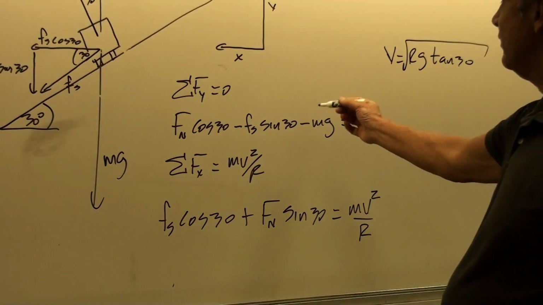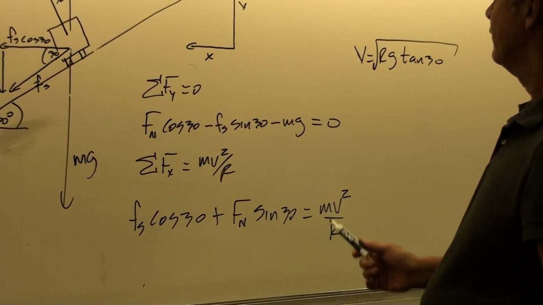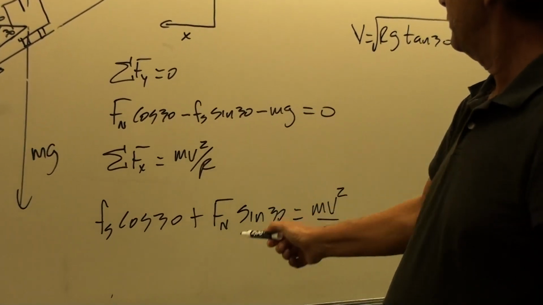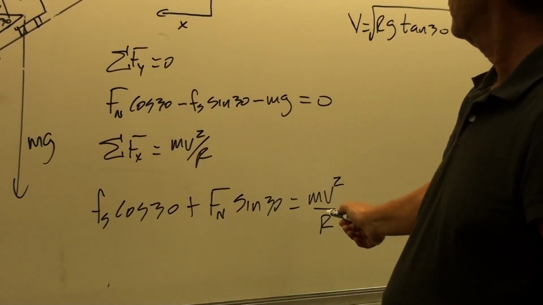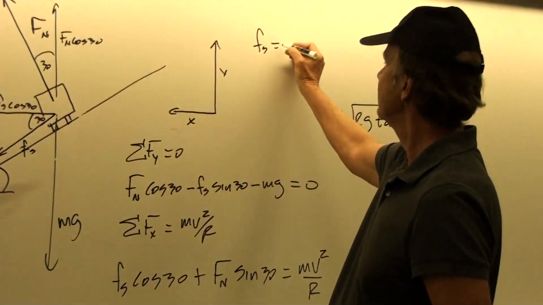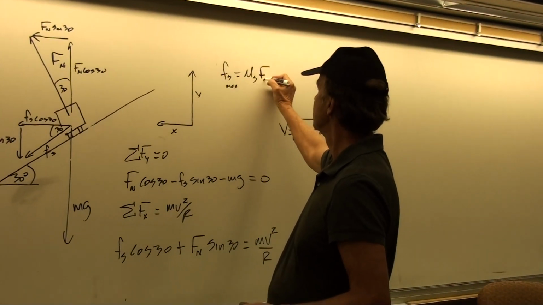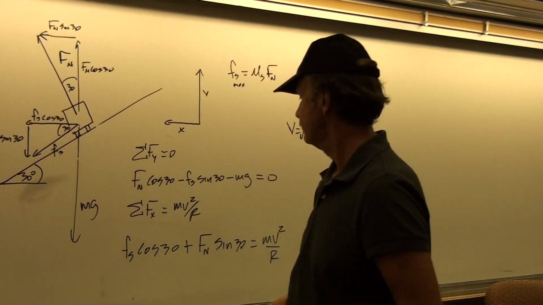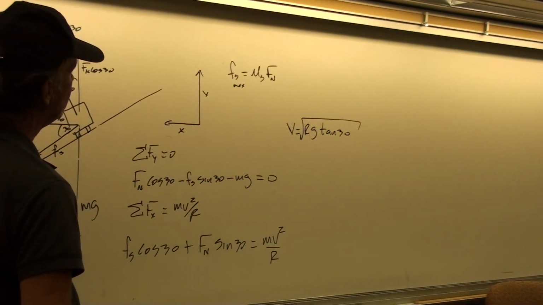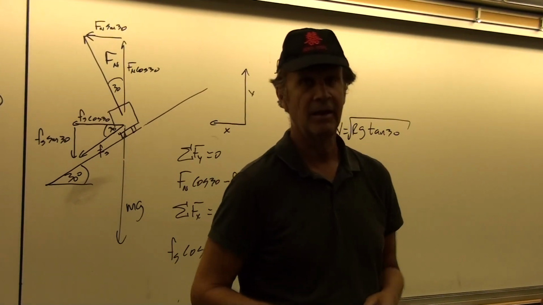So this gives us a set of equations, two equations and two unknowns, with which we can solve first for the normal force, which you could probably get from the top equation, then plug that value in for the normal force to the bottom equation, using the constraining function that F static maximum is the coefficient of static friction times the normal force. Okay, so I'll leave it to you to finish this problem and to show me how well you can solve it.